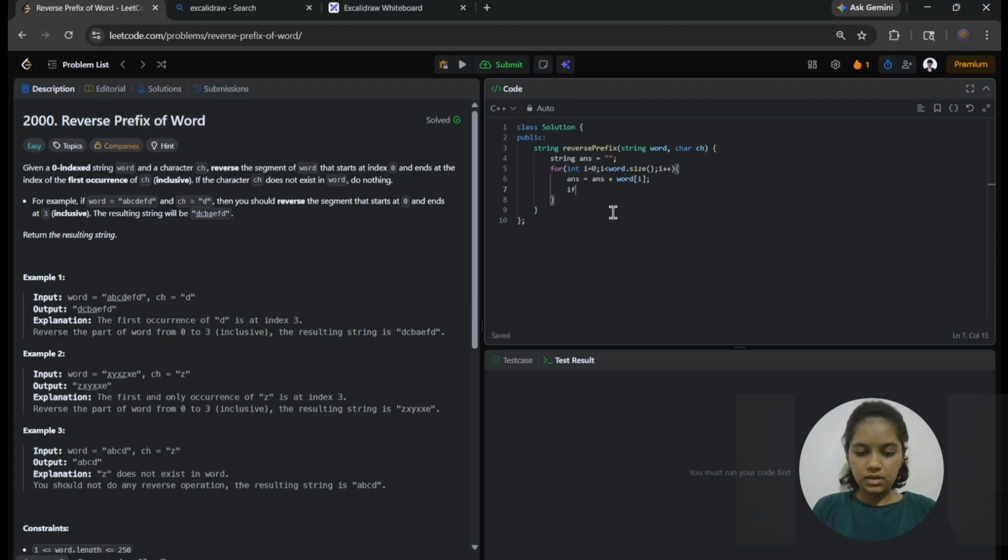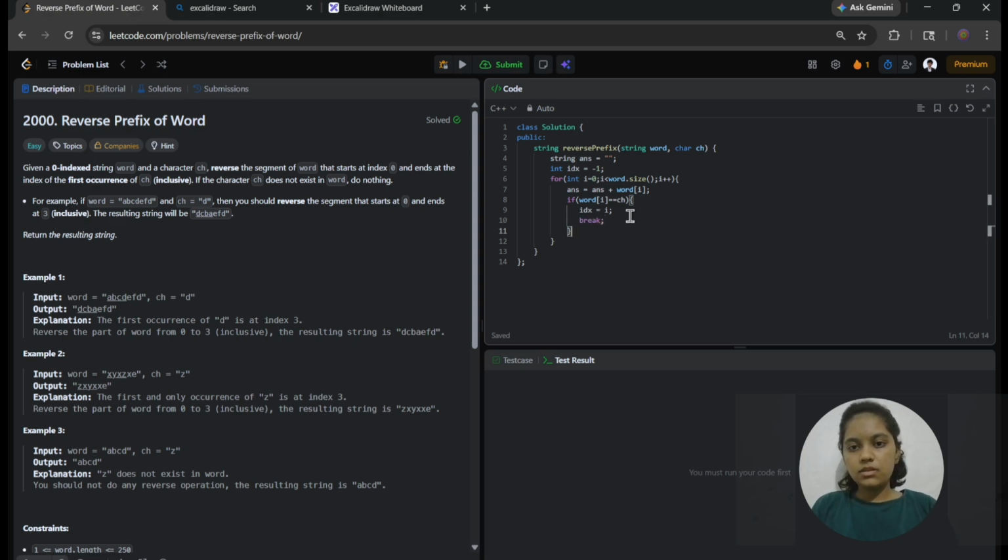After that, I am checking if word of I, meaning our current character, is equal to our given ch. So I have to take the variable index. So index equals to -1 here, and after that I have to store the I where I am stopping the for loop, and after that I have to break the for loop.